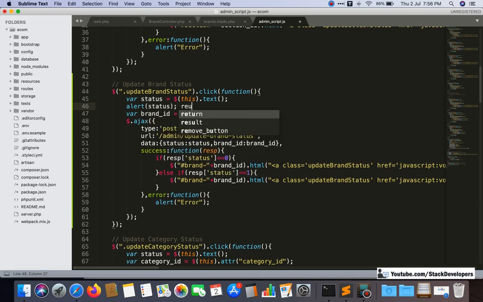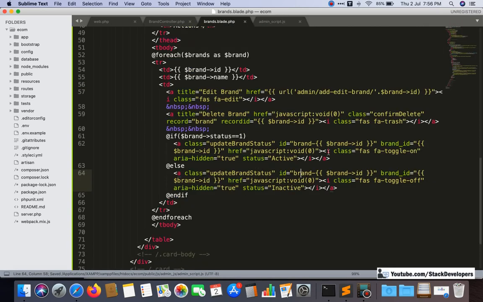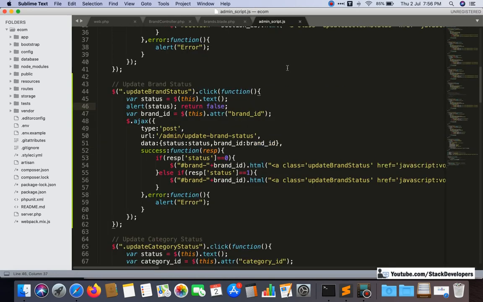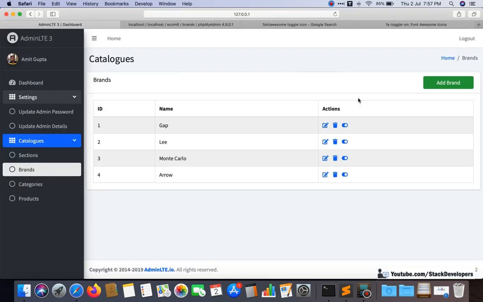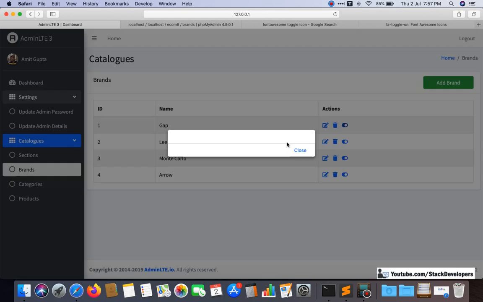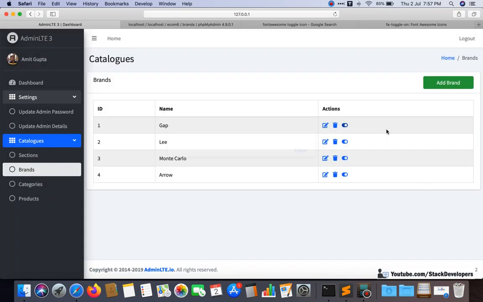You can check as well, it is not going to alert because we have removed it from there. We have now added this status inside the I class attribute, this one here. So we need to get this status from here only. Here you can check once, see, it is empty, we are not getting it.